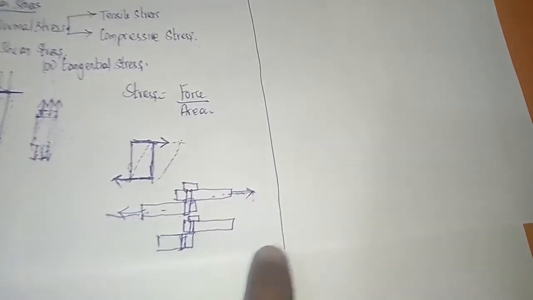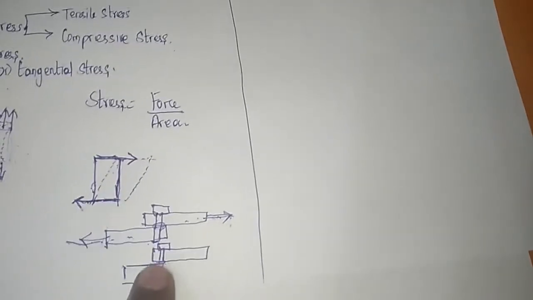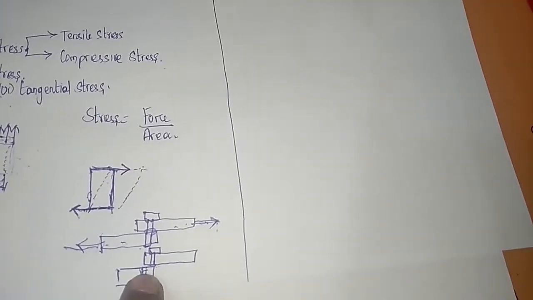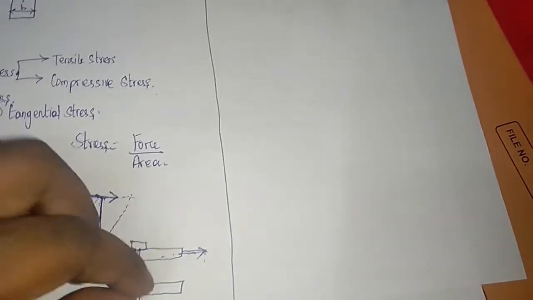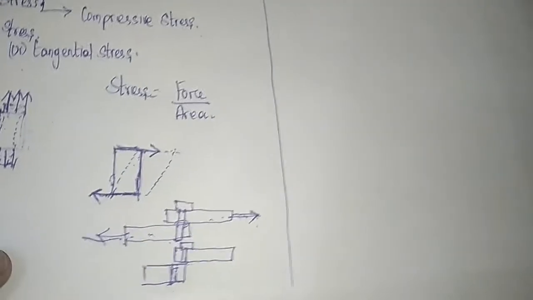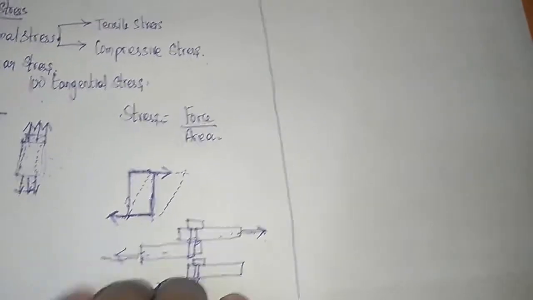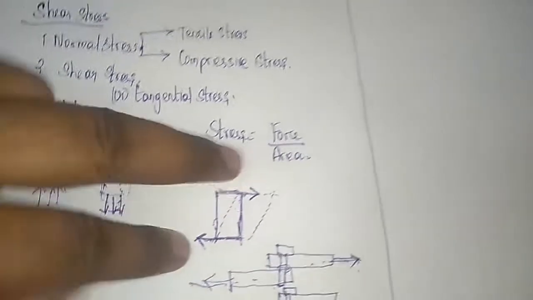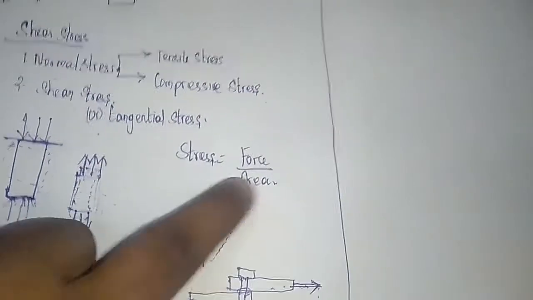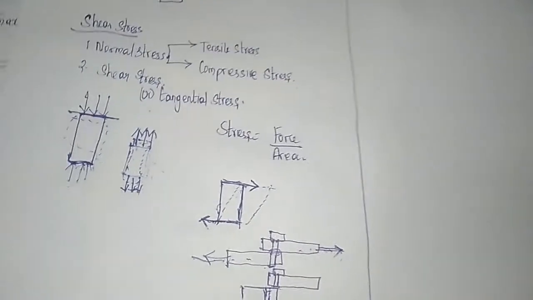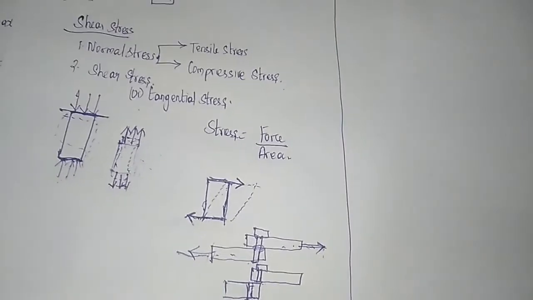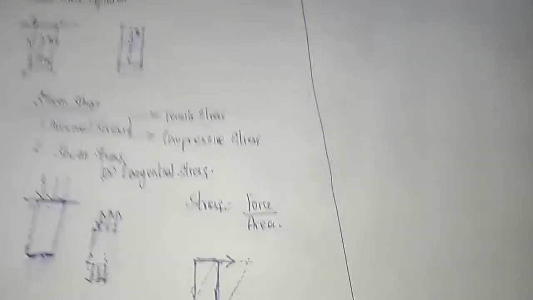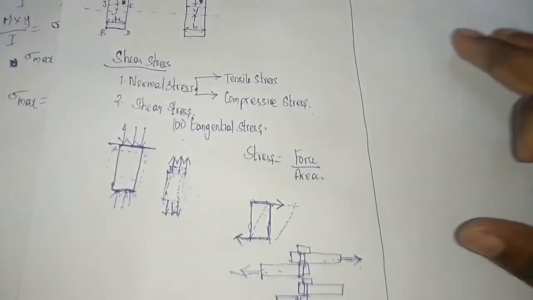Okay, so what will happen? This is called shear. Shear is nothing but, if you Google what shear means, you will find cut. So there is a break or cut in a particular material. So that is called shear. Here, the opposite parallel forces make the object slide. There is a change in dimension. So that type of stress is called shear stress.